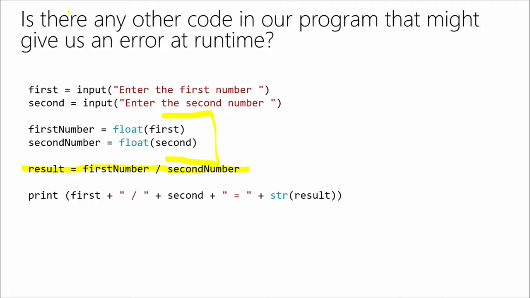When I ask somebody to enter a number and then I convert it to a float, if they entered letters or something that's not a valid number, then when I try to convert that to a float, which is a number that has decimal places, that code would crash too. So you might need to try except around the first and second number. And I actually might do this separately. I might have one try except around the data conversion that handles the, hey, you entered non-numbers, and then if they do that, I say, well, try again. Whereas the divide by 0, I would handle differently. So you might end up with 2 try excepts in the same code.